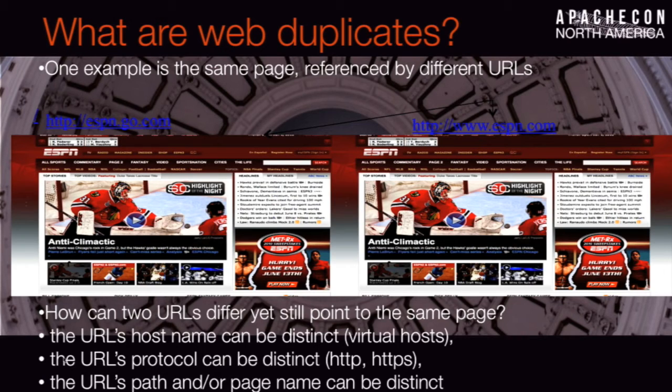It's really important to be able to detect when this situation happens: when you have espn.go.com and www.espn.com, but they point to the same content, different URLs. This is one of the definitions of a web duplicate. Different URLs, same content. Why is this? You have things like virtual hosts. Some people think espn.go.com is better. It's branding, naming, things like that. So this is one way.